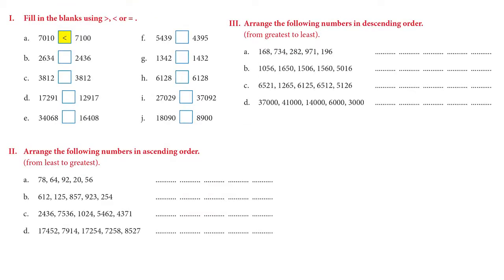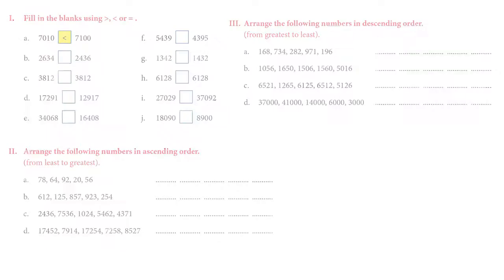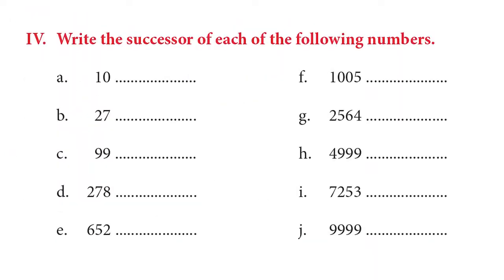Alright, let's move on. There are some exercises given so we can practice our comparisons, that is greater than, lesser than or equal to, and then there is ascending order and descending order in page number 65. Let's look at page number 66, the successor and predecessor, just in case you need one more example to understand it better. Let's take a big number as an example,